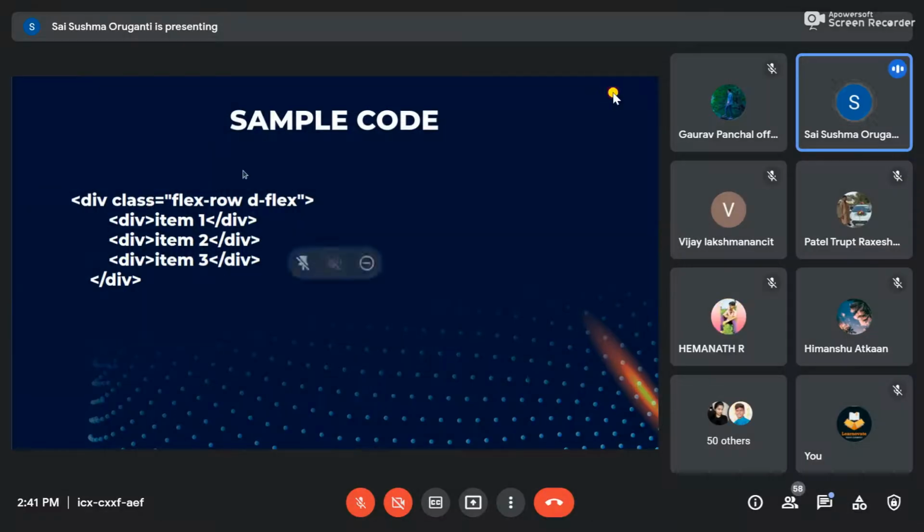Inside this d-flex, however many items you write, that many columns will be divided. It does not have a fixed number like 12, 13, 14. Any number, n number of items you can write, and it takes the space. It takes the whole screen length and the item length. This is the first item up to here, this is the second item up to here, this is the third item up to here. If suppose I am writing some two-word sentence or something.